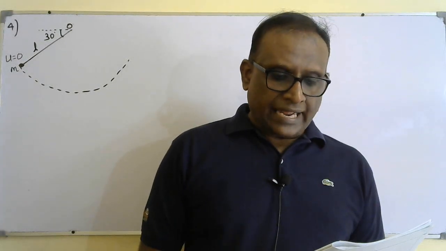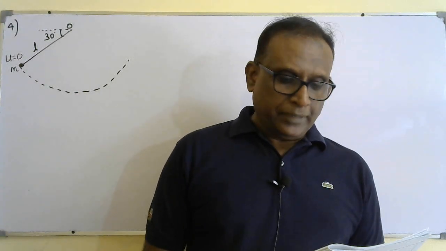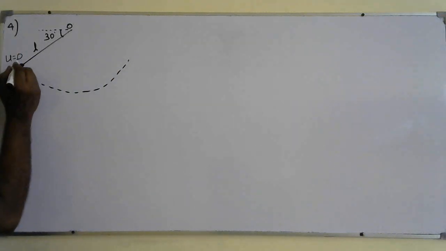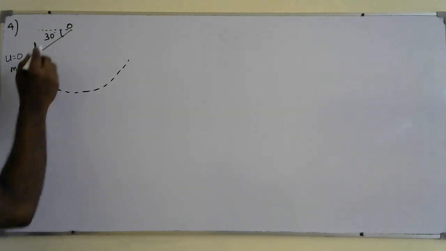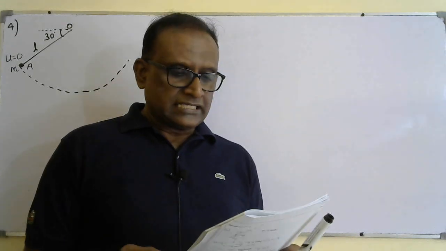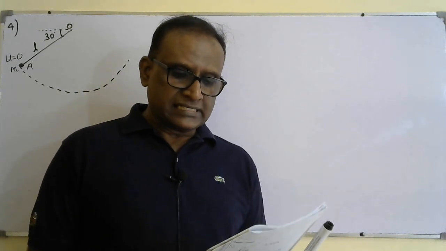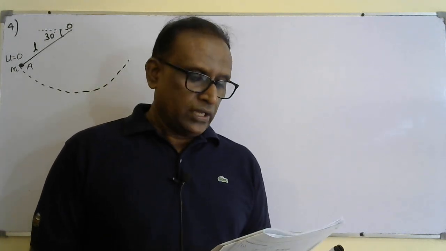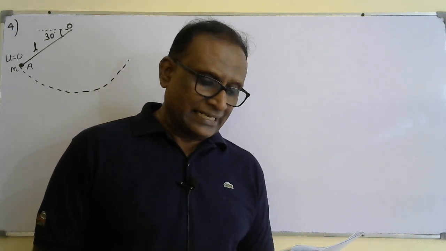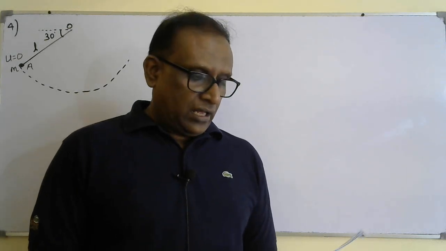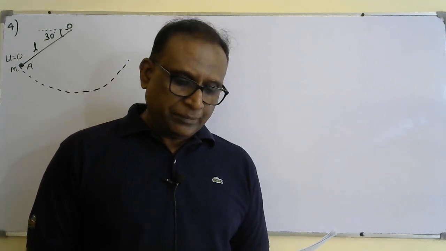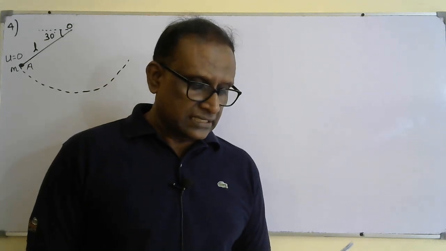With the cable taut and at an angle 30 degree below the horizontal. So, she is at point A initially, the initial position. That makes an angle 30 degree with horizontal. The circus performer is released from A and she moves on a vertical circular path with center O. The circus performer is modeled as a particle and the cable is modeled as light and inextensible. Find, in terms of M and g, the tension in the cable at the instant immediately after the circus performer